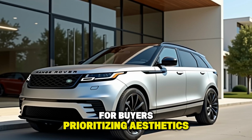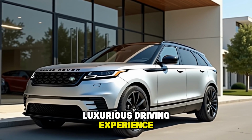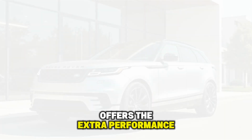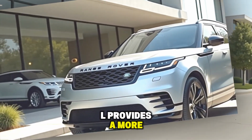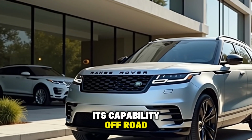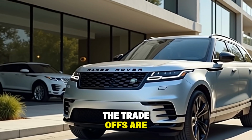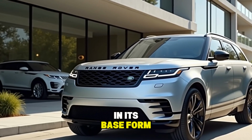For buyers prioritizing aesthetics, interior quality, and a luxurious driving experience over sports car thrills, the Velar is a compelling option. The 3.0L variant offers the extra performance to compete more strongly, while the base 2.0L provides a more efficient and accessible entry into the Velar world. Its capability off-road is credible for most light adventure use, and technology and safety offerings are abundant. The trade-offs are mainly in cost, purchase, and maintenance, and the fact that in its base form it isn't the